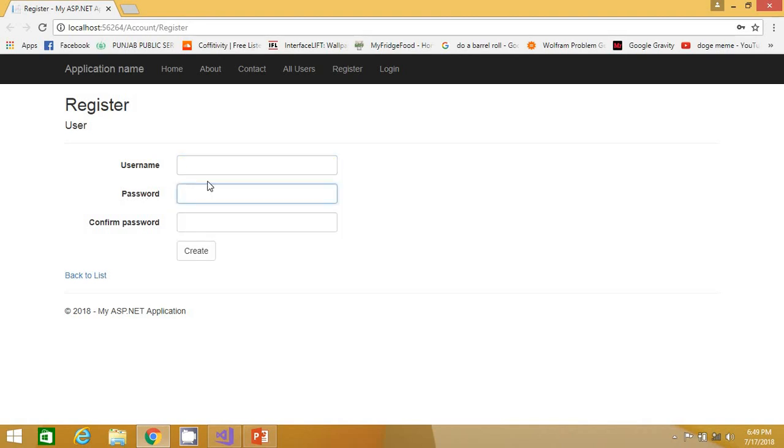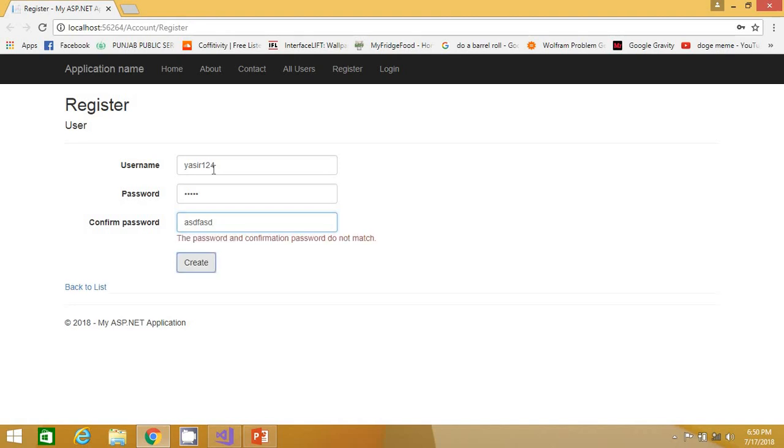So now whenever you pass some username, like I pass admin and I enter password admin and I enter a wrong password here, like anything, you can see it will not let me post this form unless I match the password and confirm password field. So that is the reason, guys, it is not